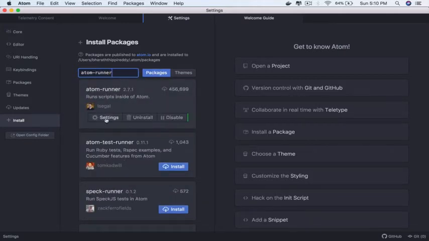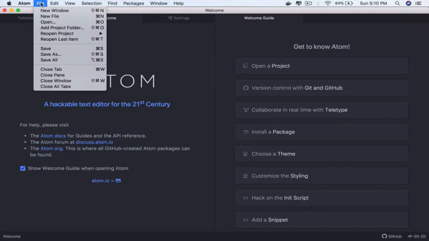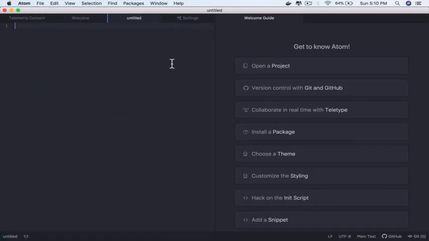I have already installed it for you. You should see an Install button. Click on that and that will be installed. Once you have Atom Runner, you can run Python scripts from within the Atom IDE. So now go to the File menu, say New File. I'll simply demonstrate how to create a simple Python script. Print, within double quotes, Atom says hello. I haven't learned any Python syntax yet, but print, of course, is available in every programming language. It will print this to the console. Print, space, within double quotes, a string, Atom says hello.